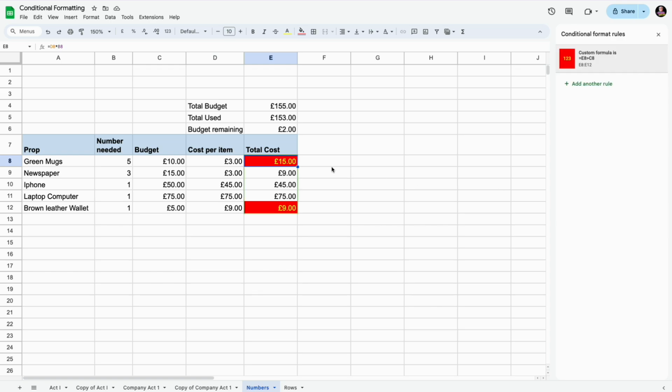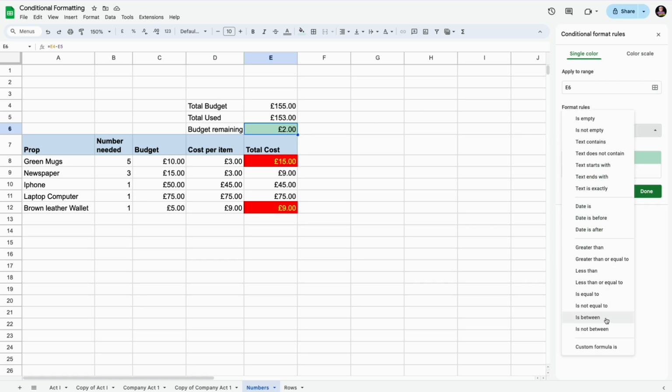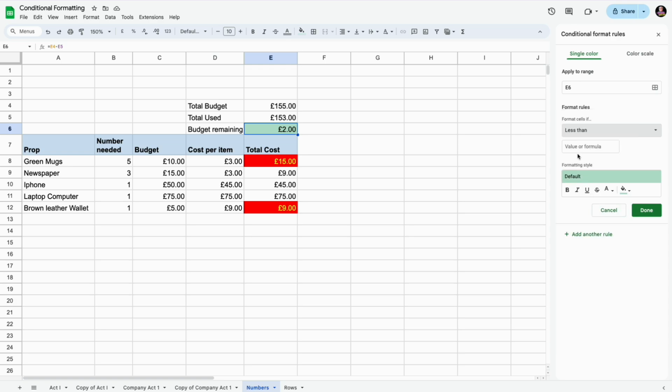Now, another rule we might want to do is we might want to see if our budget remaining is greater than or less than 0. So we can add a single rule for that, add another rule. It's just applying to cell E6, which is highlighted green for us. And now we're going to use the is less than rule, and we just need it to be less than 0. So we can just highlight that. And again, we can make that red and